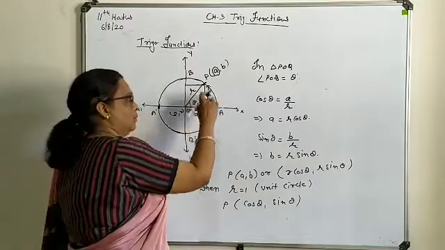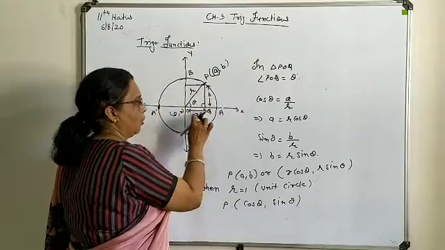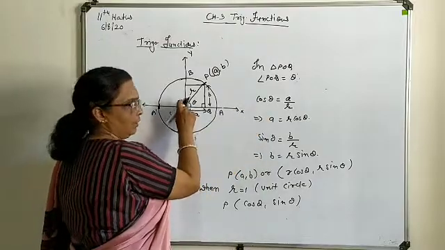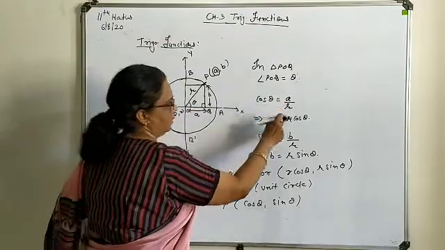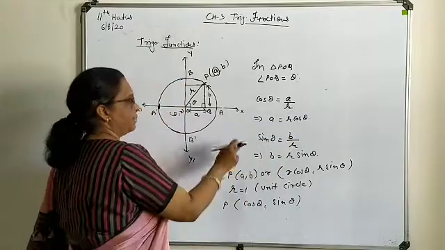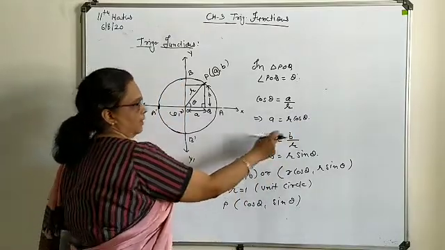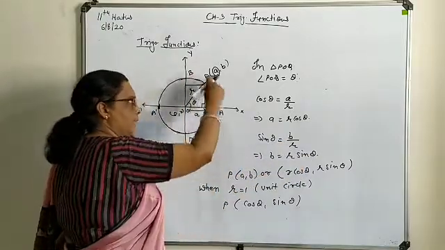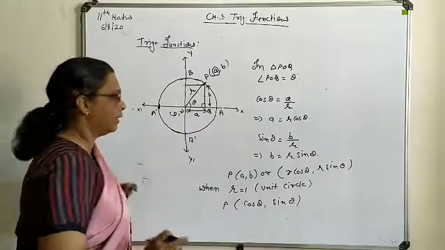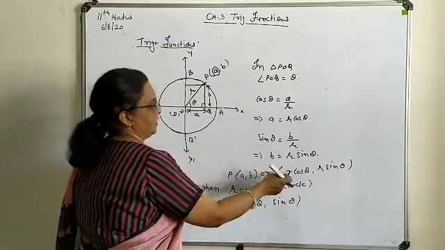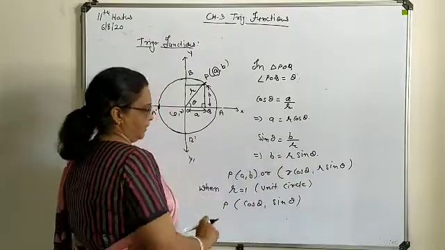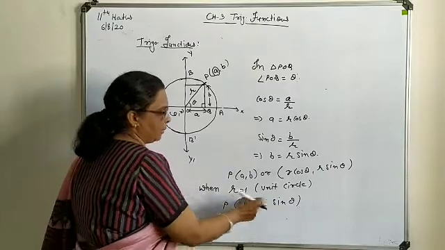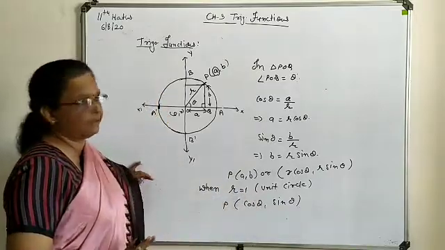Now on the basis of this triangle POQ, with angle theta, we can write cos theta. Cos theta means base upon hypotenuse. So from here A can be separated in terms of r and theta. Similarly for the other angle, sin theta is b upon r, so b is equal to r sin theta. This way any point P on the circumference in the first quadrant you can express in terms of r and theta as r cos theta and r sin theta. And when you are talking about a unit circle, the radius is 1. So at that time your point P converts to cos theta and sin theta.